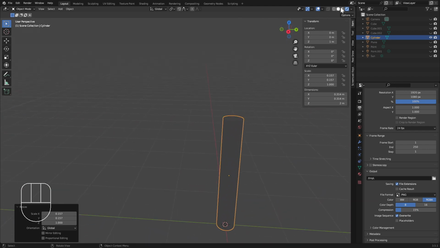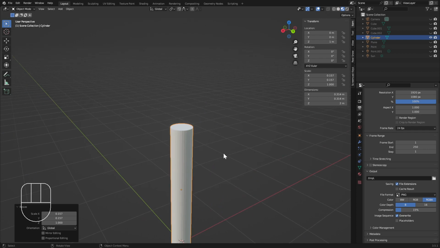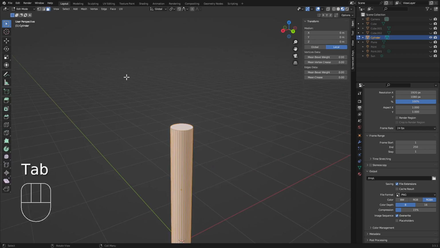How can we do that? Let's go into edit mode, extrude,